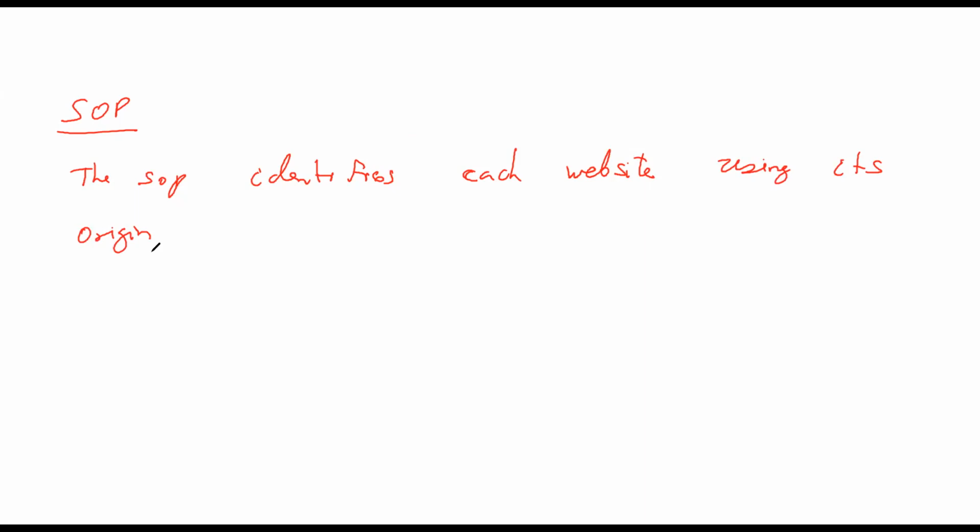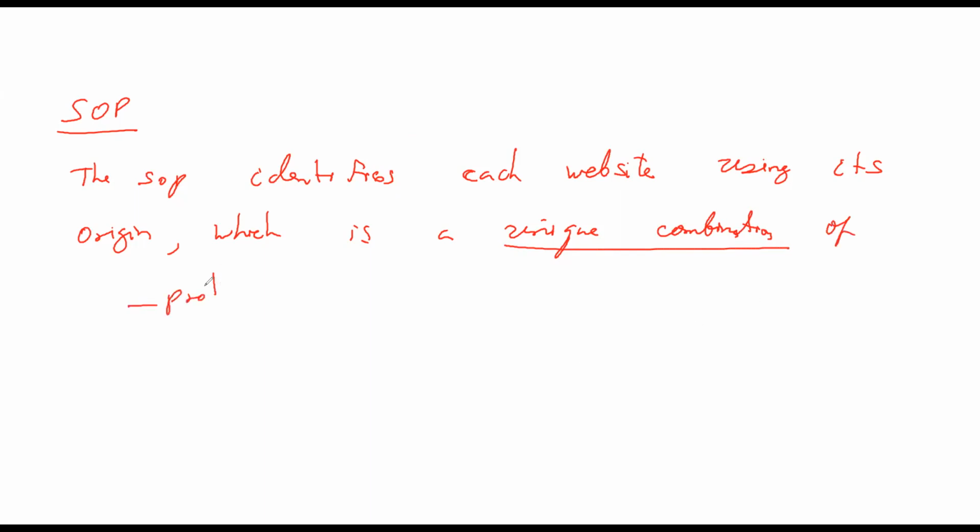So the SOP identifies each website using its origin, which is a unique combination of the following: protocol, domain, and port number. Right? So these three things are what the browser looks at to establish,